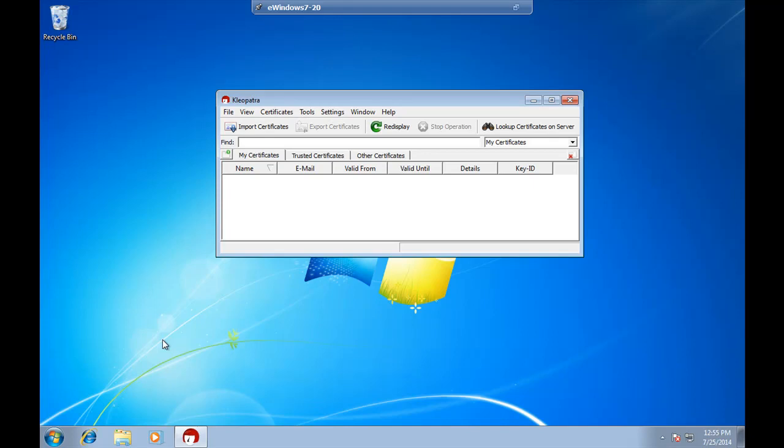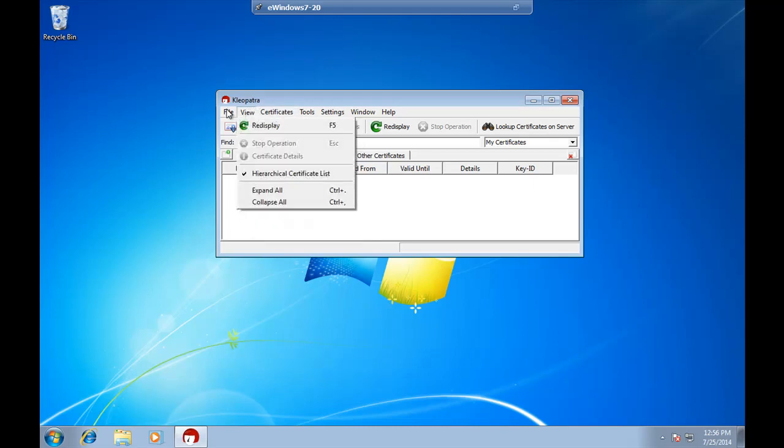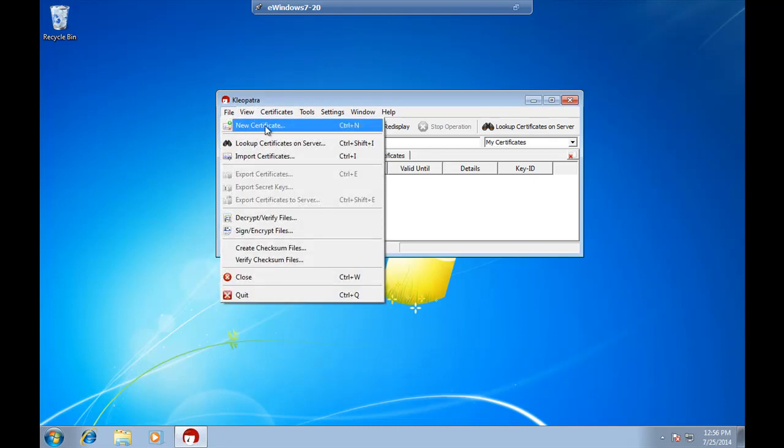So when I open this up, what I'm going to need to do is create a key pair. So I'm going to need to create a public key and a private key. So it's using that same public key cryptography that we use like when we purchase things online. It gives us the ability to give publicly a key out that people can see, and it'll also give us protection. So the very first thing I'm going to do is underneath the file there's a new certificate. So I'm going to click on File, New Certificate,